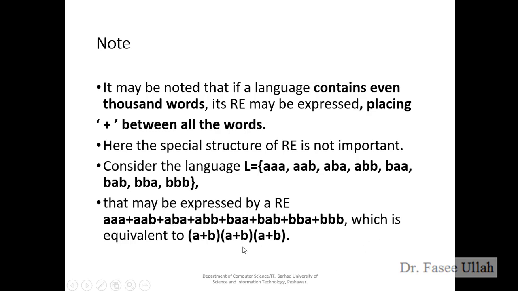After that we have to design the equivalent of this language expression. What is it equal to? We can say a plus b, a plus b, a plus b according to the pattern, as we can see in the definition of regular expression: the sequence, the pattern, and the star. This is more relevant and reflects the definition of the regular expression. Okay students, hope you understand.